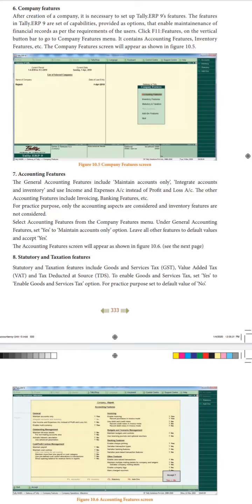The topic is company features. Depending upon what exactly the features a particular company requires, like your accounting features or your inventory features, we can select according to our requirement through this menu. These accounting features will help us select what exactly we require, like maintaining only the accounts, or integrating accounts and also inventories, or whether we need only the profit